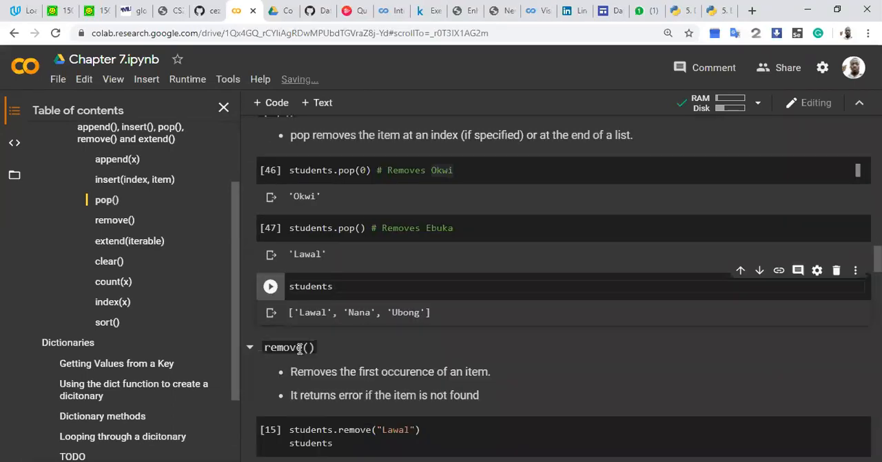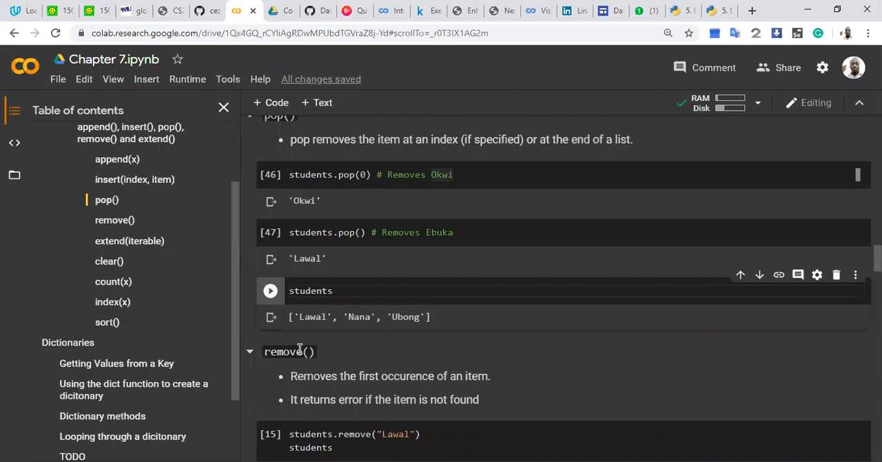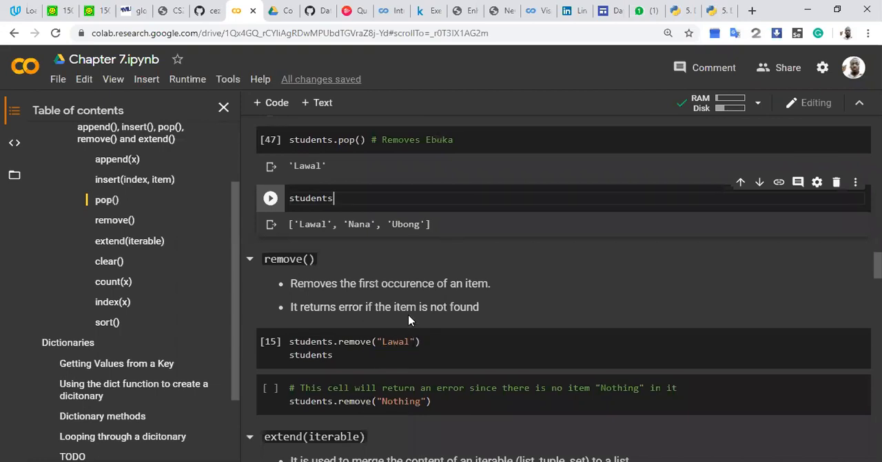We have seen pop, but how differently can remove act? So the good thing about remove is it allows you to specify the item by the item itself. You specify the item you want to remove rather than by the index location. So in this case, I still want to remove Lawal, but it is also important to notice that you can only remove the first instance. If there are multiple occurrences of that item in the list, it will only remove the first